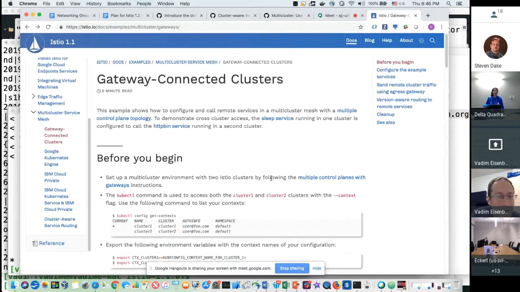Yeah. So the gateway connected cluster involves basically zero VPN plus multiple control planes, while the cluster aware service routing is a single control plane with zero VPN, or? There is not really a single control plane anymore. There is a control plane that may be in one or more clusters in all cases. The only question is if the clusters have the same configuration or slightly different configuration, I mean, uniform, consistent configuration or not. That's the only difference. But from a user perspective, they don't care about how we configure the gateways and stuff.